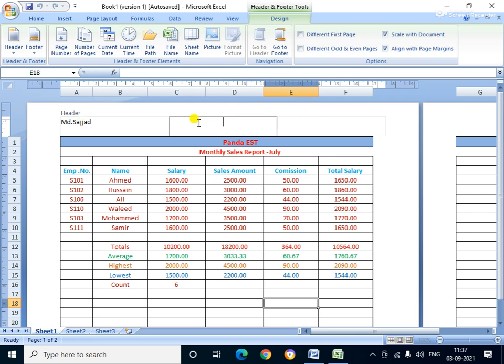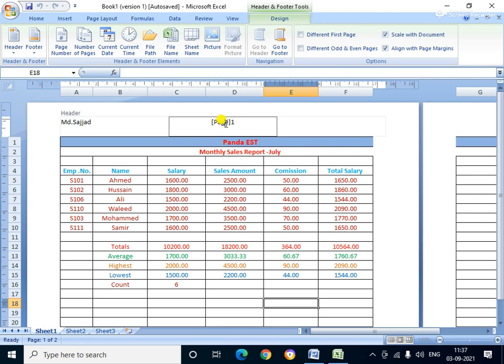Next after this is the page number. See here the page number option is there. You select the page number, okay, just click. See the page number, and here it also says page. To remove it, I show you, just the number. Here is page 1.